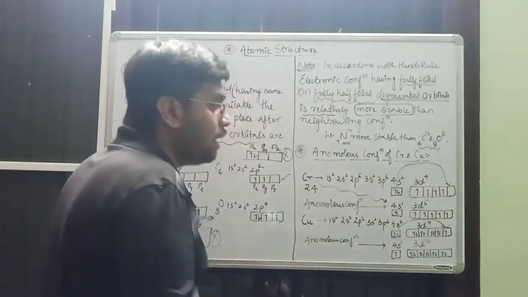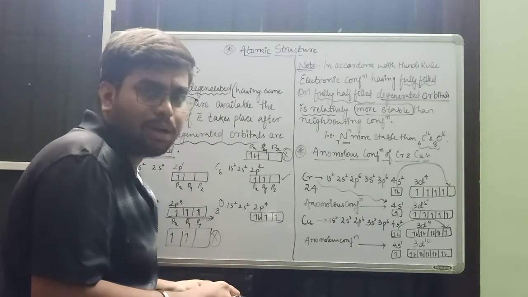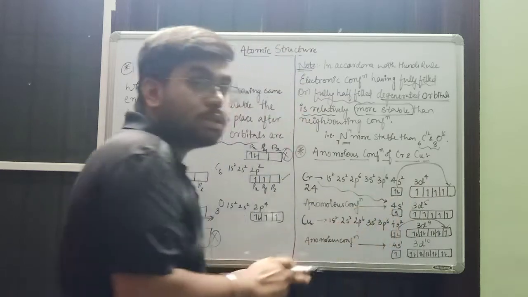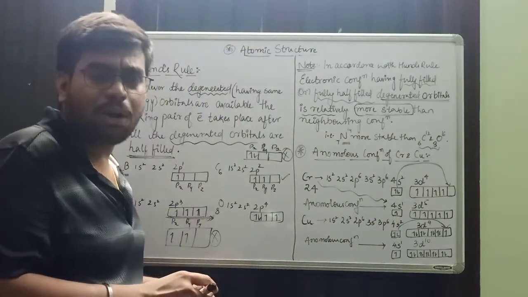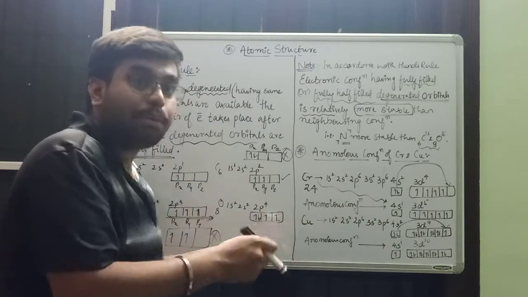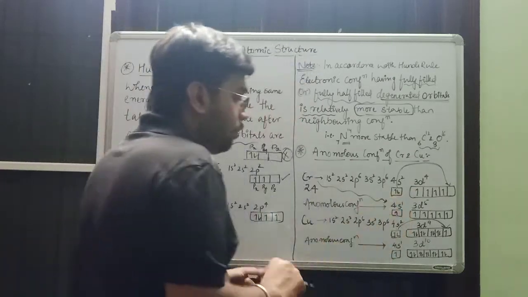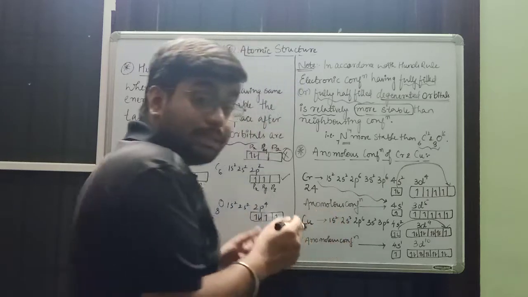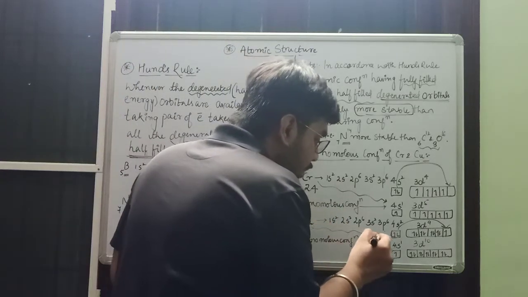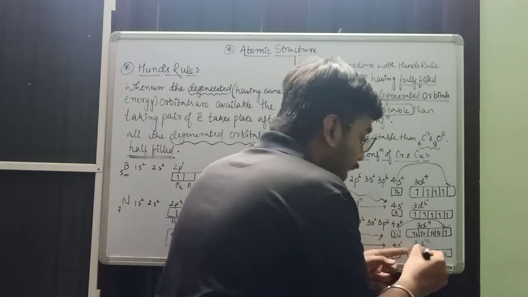4s1 3d5. Is there any loss of electron? We have gained one electron, we have lost an electron. Is it gain or loss of electron? No, it is just a transfer of electron, or intra-atomic transfer. So no problem. Now the same funda will apply to copper, and copper also has an anomalous configuration of 4s1 3d10.